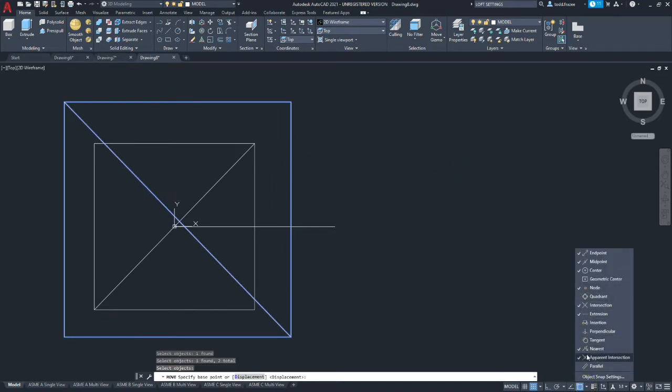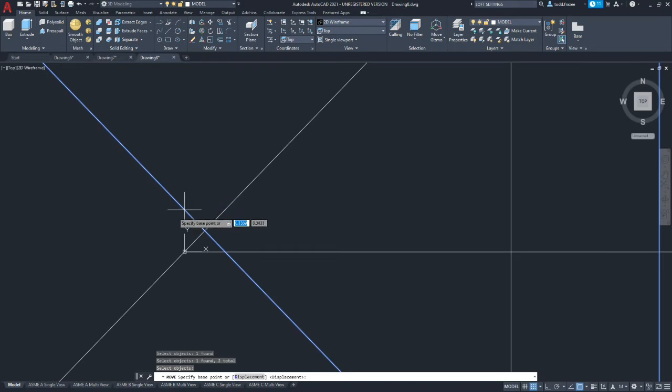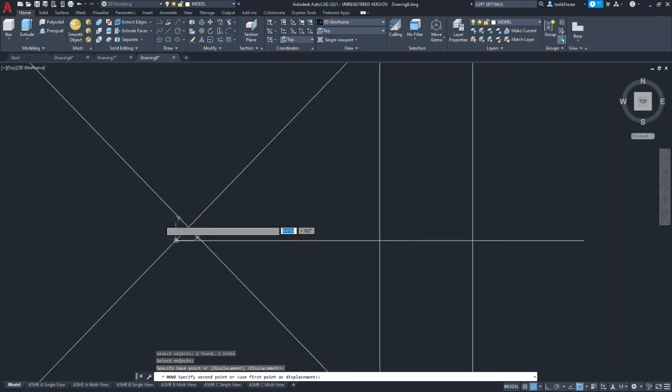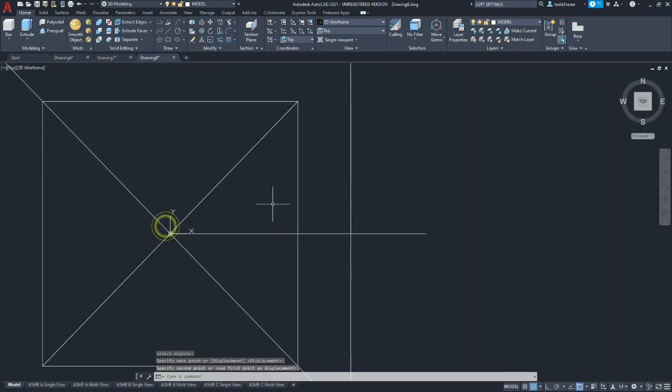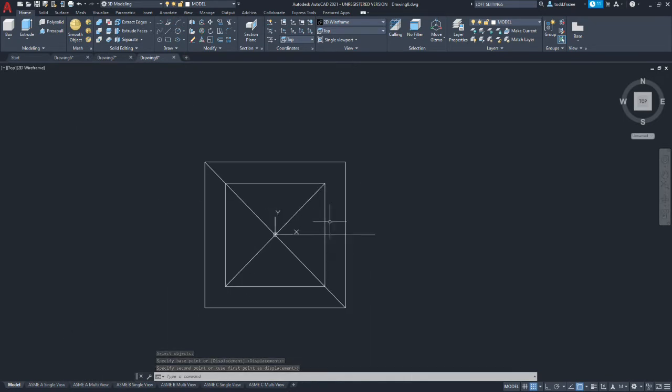I'm going to turn off all my intersection snaps, and by doing so, hopefully I can just pick up on midpoints. So here's the midpoint of the one and to the midpoint of the other. So now they're indexed. And then we need to rotate this larger one.